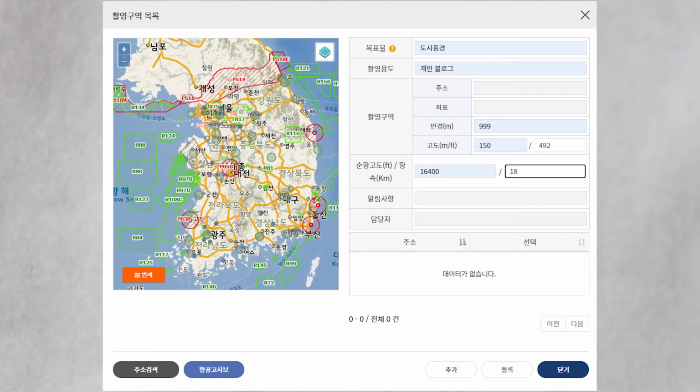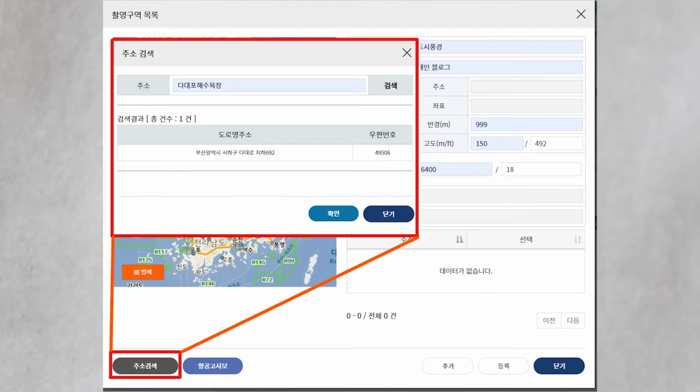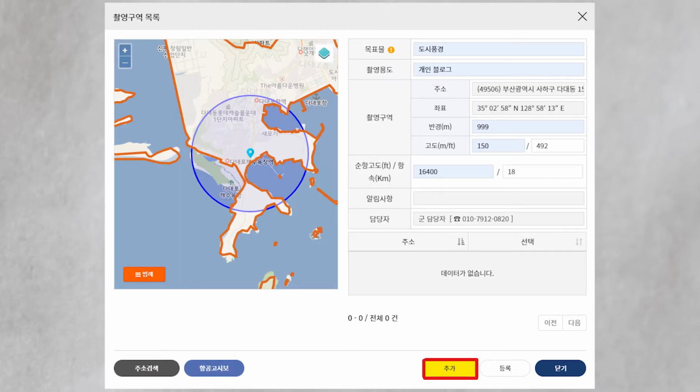Next, click on 주소 검색 to search for where you want to get media permits for shooting. Clicking on it, you'll get another pop-up to search for the address. Since I didn't know the exact address, I just searched for the place name, 다대포 해수욕장. You'll get a search query below, and just select the right one. After pressing 확인 or confirm, you'll go back to the previous screen and you can check to see all the